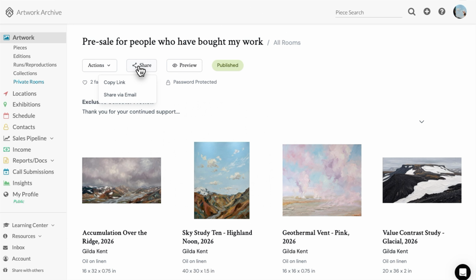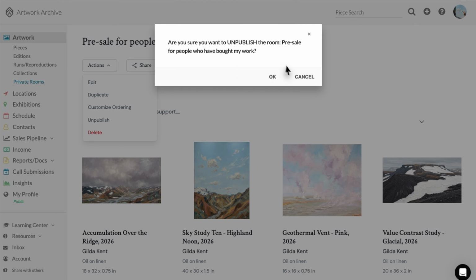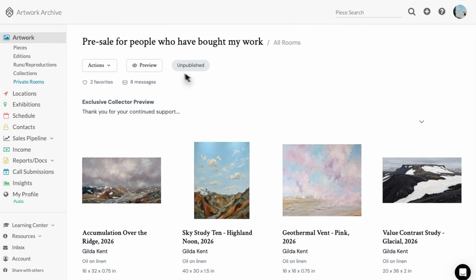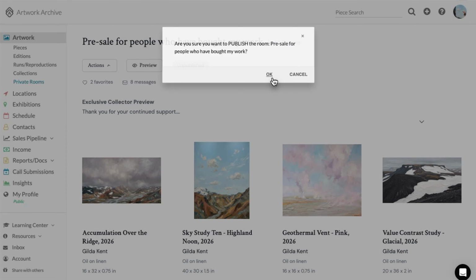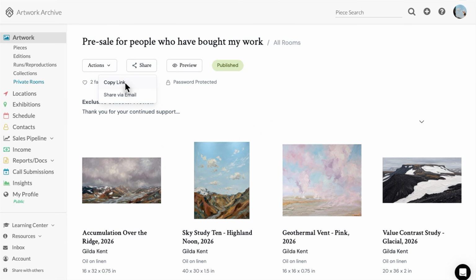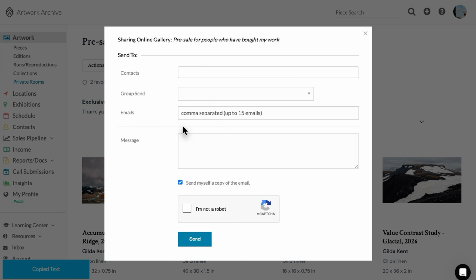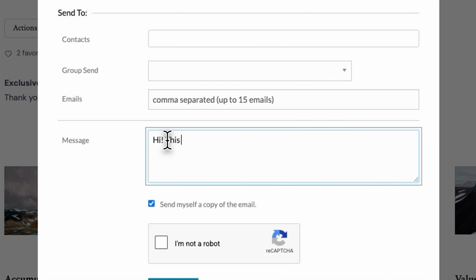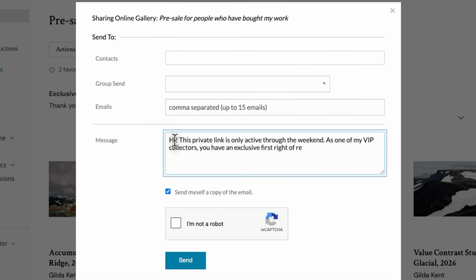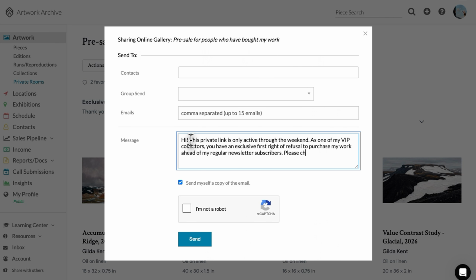Note that published simply means the link is live and active for anyone you share it with. If it's unpublished, the link will not work. So you can keep rooms unpublished while you're working on them, publish them when they're ready, share the link, and unpublish them later if you so choose. You can use this to create genuine urgency. For example, you can let a collector know that a private link is only active for a limited time, like through the weekend, and you provide a clear deadline that structures a decision, which often helps move things along